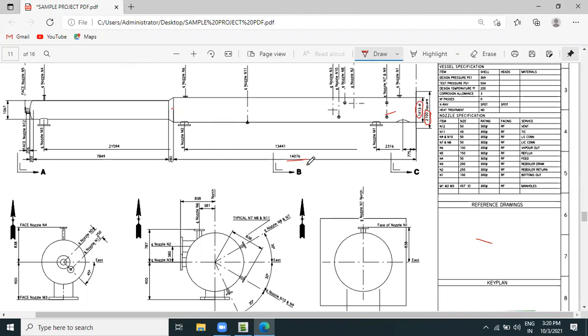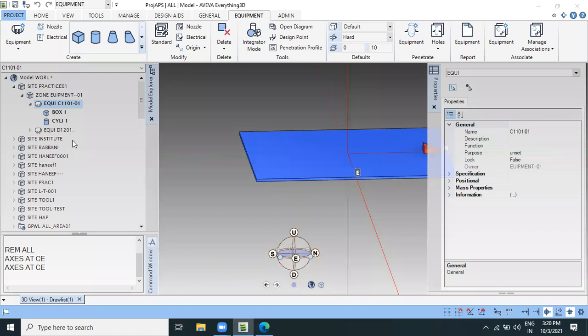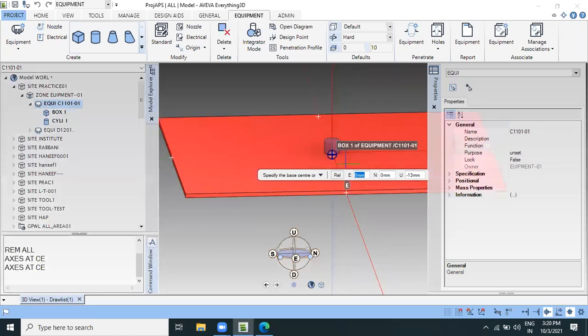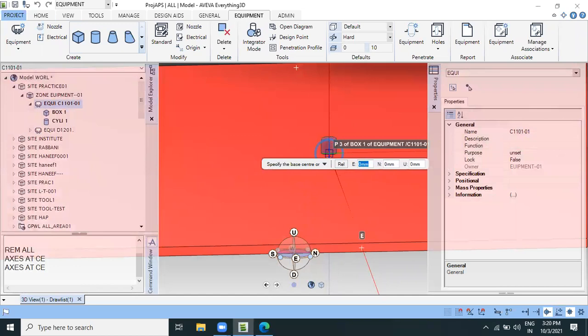So 14076 is the height and the diameter is 1413. Go to the model, then create here. Select the center point on the top of the plate, then diameter 1413, then enter.